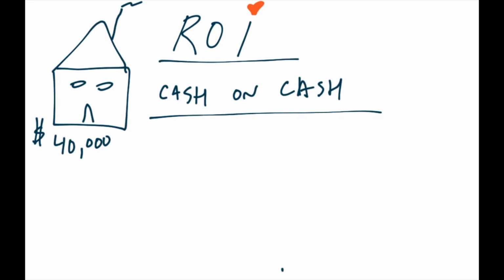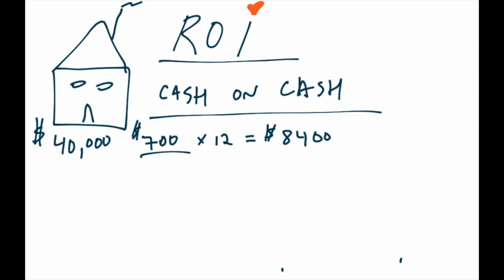And it's going to cash flow, let's make it nice round numbers, $700 a month. So $700 a month from a tenant. It's going to cash flow, and that's it. Okay, great. So here's how we figure out ROI. We're going to take that $700 a month, and we're going to multiply that times 12. That's going to give us our annual rent. So 700 times 12 gives us $8,400. Now that is the gross